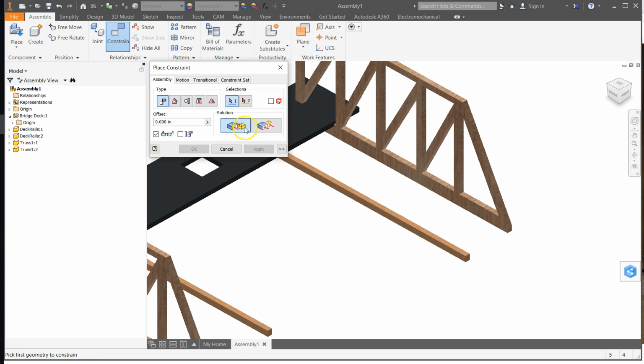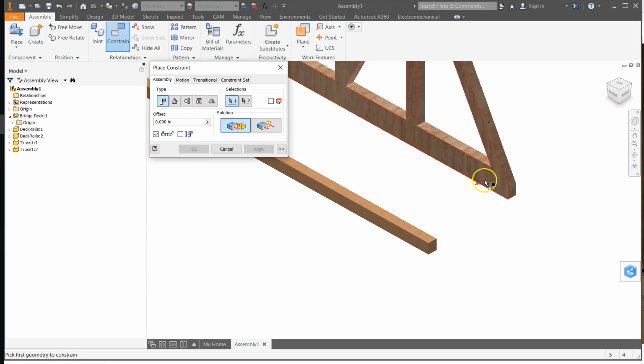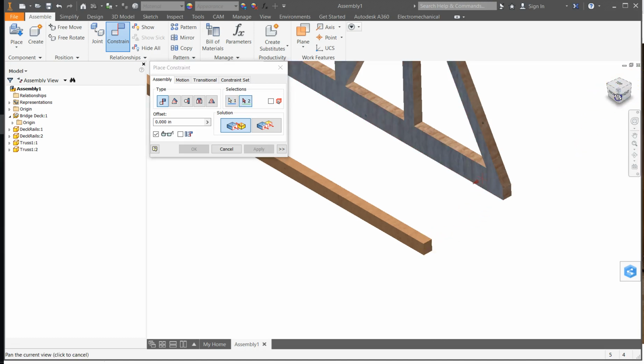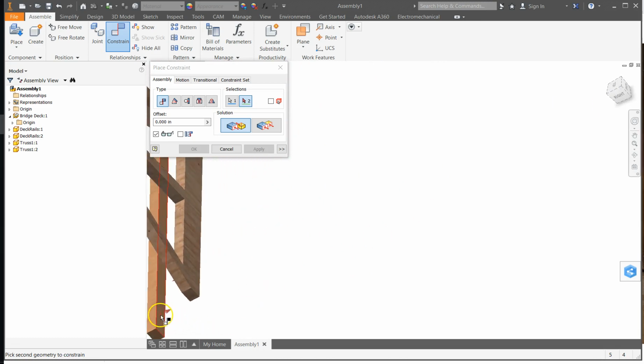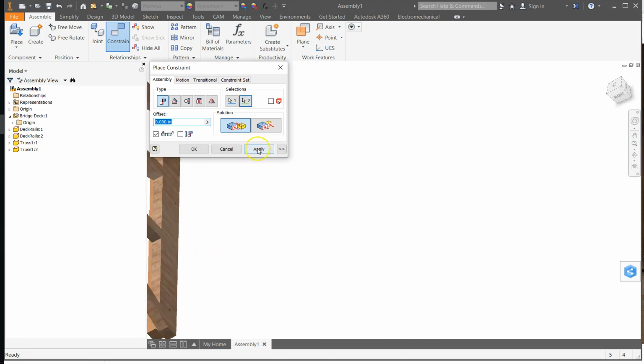A mate, what they're showing here in this picture, are two faces pointing at each other that'll be stuck together. So I want this face to get glued to the face around the side here. So I'm going to choose that. I'm going to rotate my view cube, and then I'm going to choose that face. I'm going to hit apply,